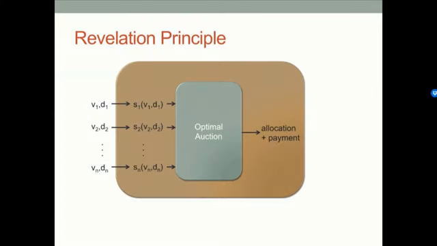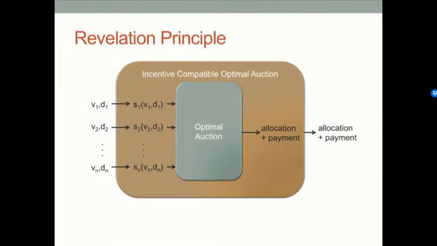That we can, without loss of generality and without any loss of revenue, create an auction around it in which it's in their interest to report their true information, because what we do is we take whatever they report and we apply their strategy for them. And then we just output the exact same outcome. And so if it's in their best interest to report their strategic bid in this gray optimal auction, then in this auction it's in their best interest to report their true information, and it's still optimal, but it's also incentive compatible. Okay, so what that means is without any loss of generality or revenue, we can require that people are incentivized to report their true information.